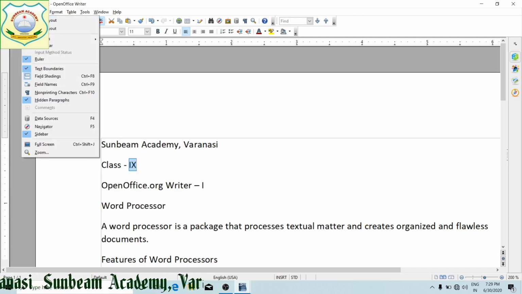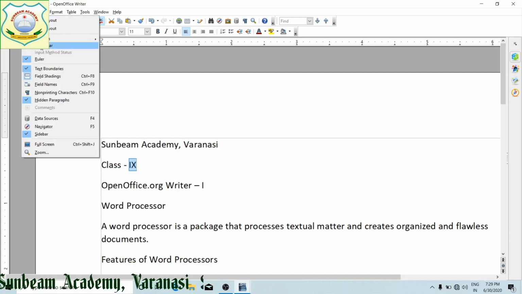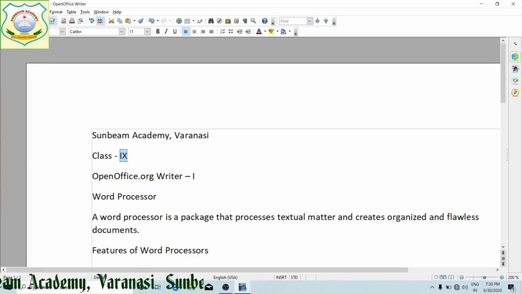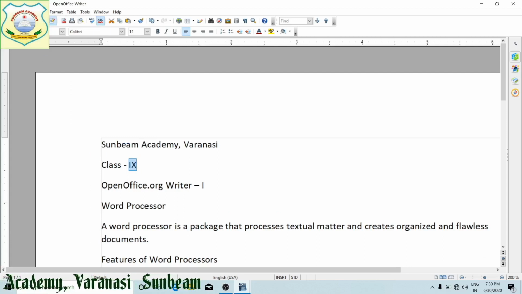View menu, to change the view of the document. Status bar, if we want to remove status bar, you can see from the bottom status bar has been disabled. Now ruler, left and top rulers has gone, means to change the view of the window. Next is insert.